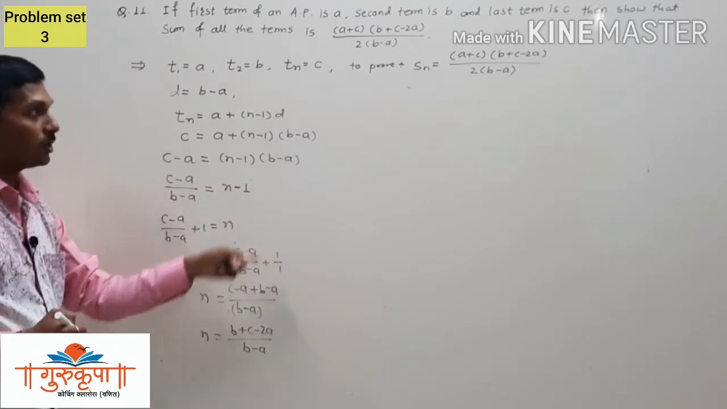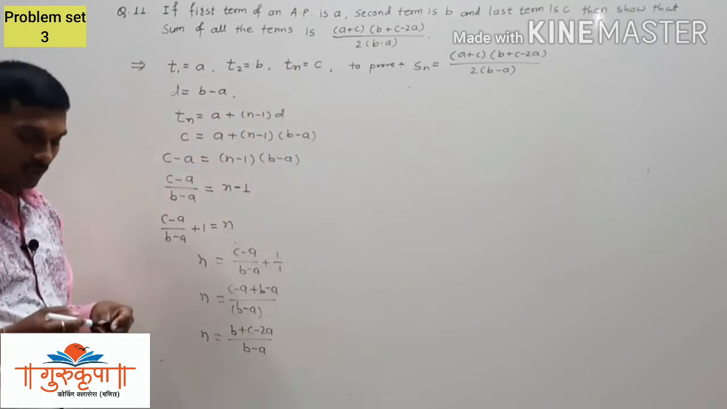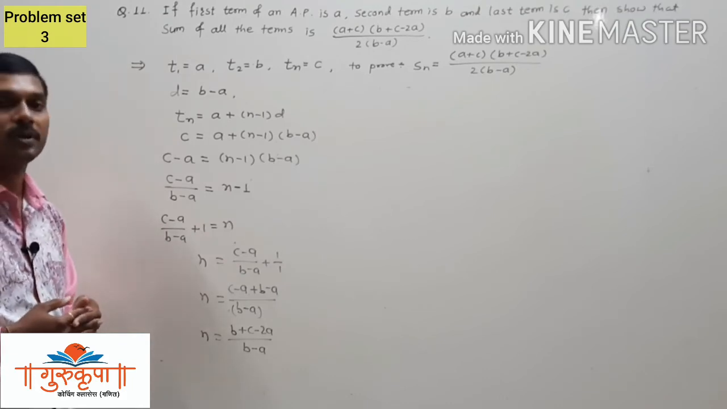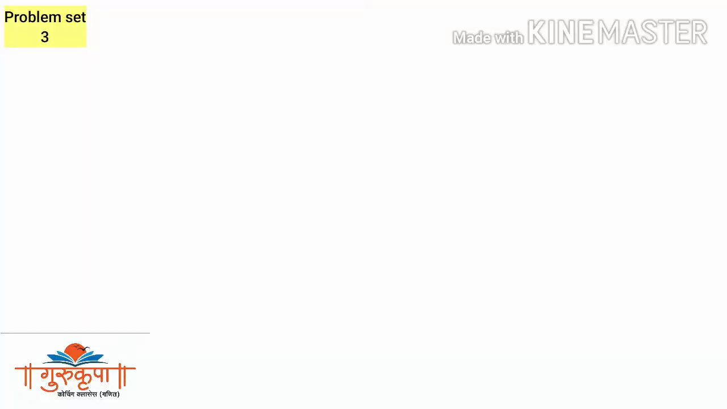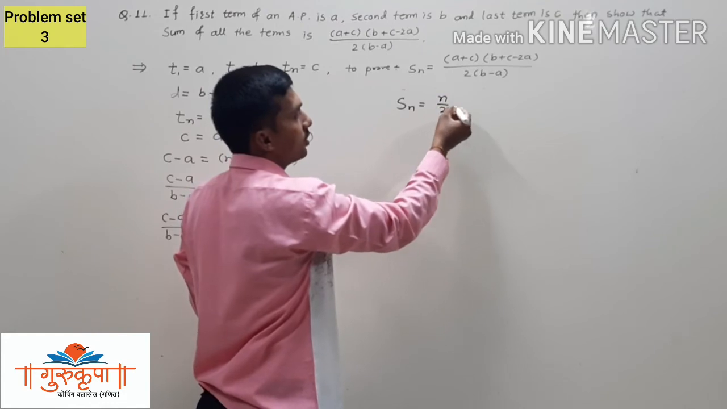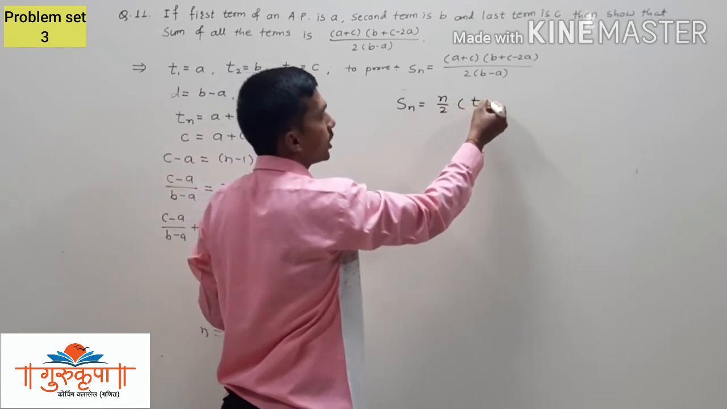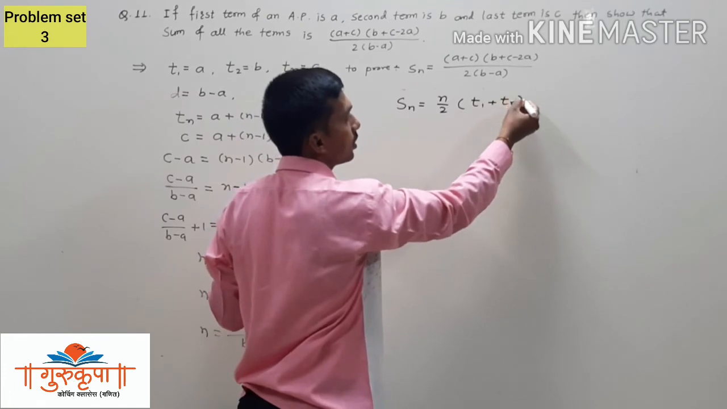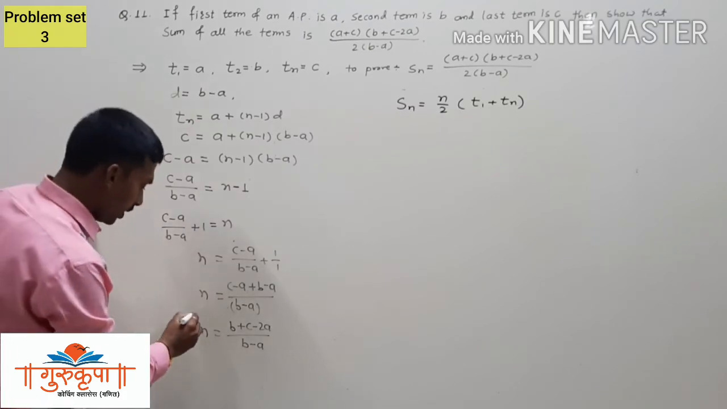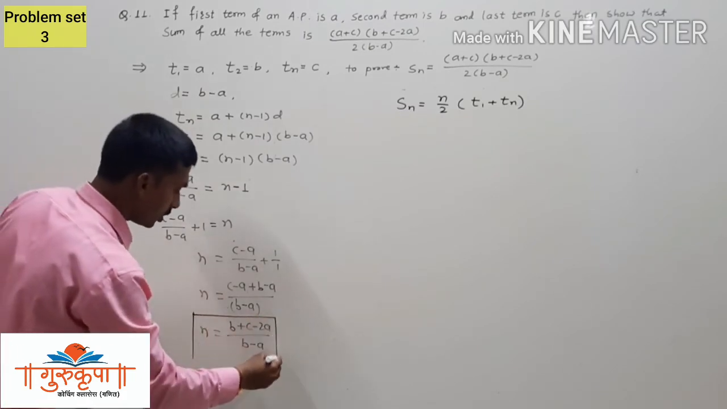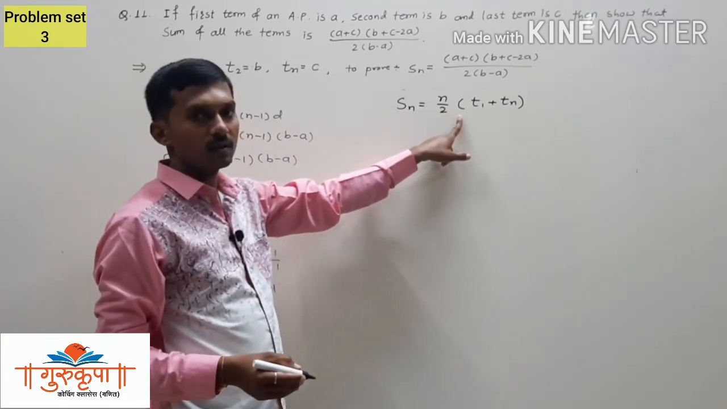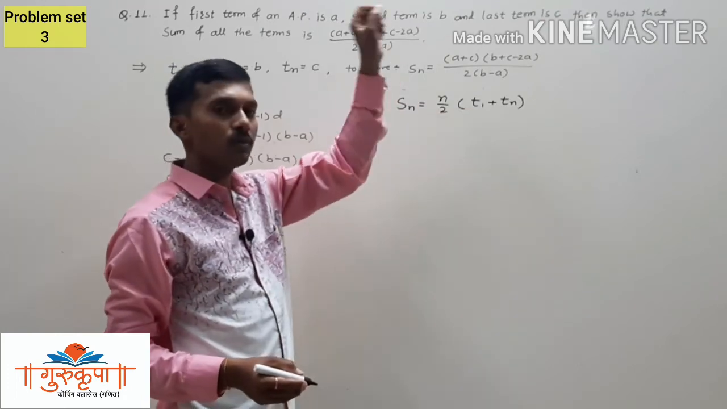Now we will put this value into the second formula and we prove that Sn is equal to the first bracket a plus c into the second bracket b plus c minus 2a upon 2 into bracket b minus a. The second formula for finding the sum of the n terms is Sn is equal to n upon 2 into the bracket t1 plus tn. Now here we just found the value of n and we have to use this value of n in the second formula. You can use the first formula also, but if we use the first formula then we have to make